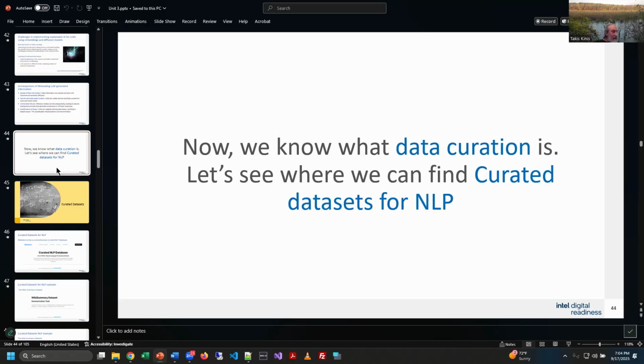All right, so we've looked at this data curation thing now, and thankfully, and we were just saying this, you can curate your own data. So you can generate your own raw data, clean it, transform it, organize it, structure it, put it into a database, whatever, and curate it yourself, right? That's a lot of work, right?